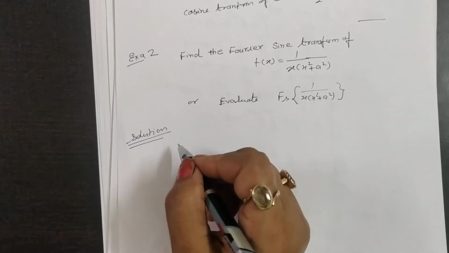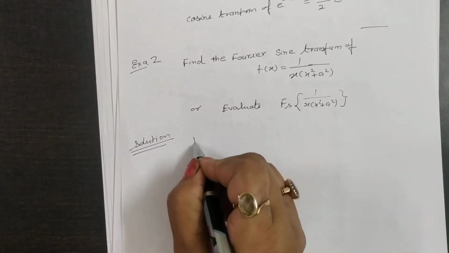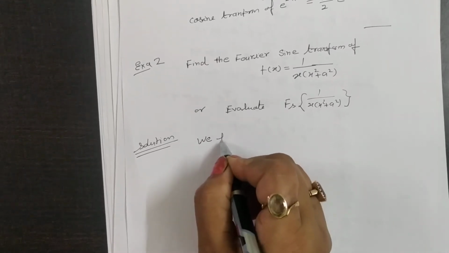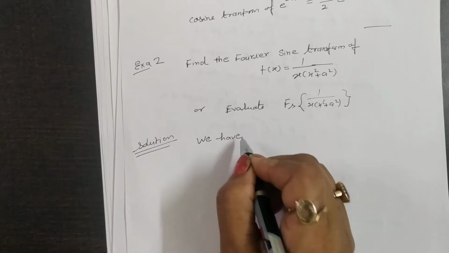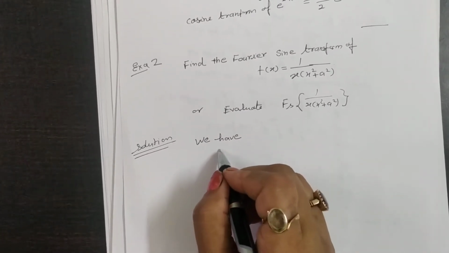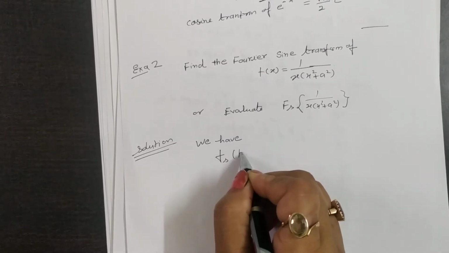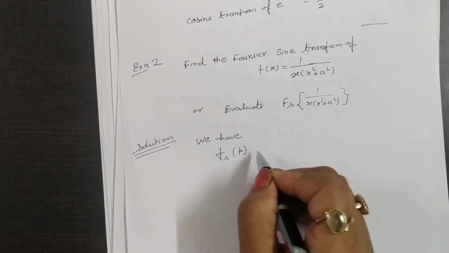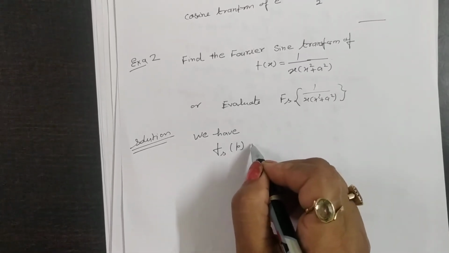This is defined as, we have the definition of the Fourier sine transform, which is equal to